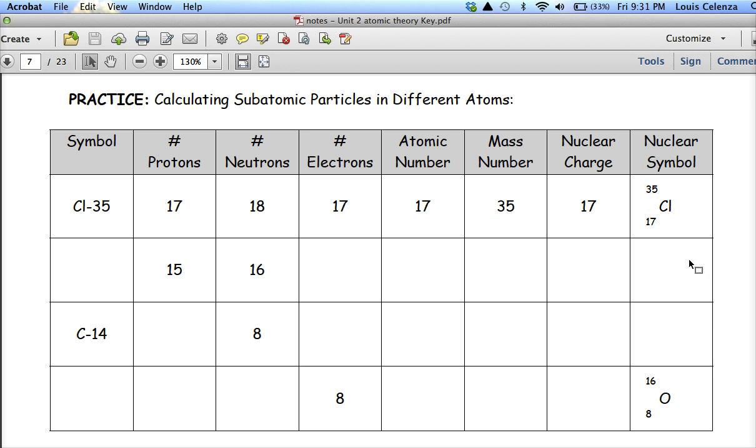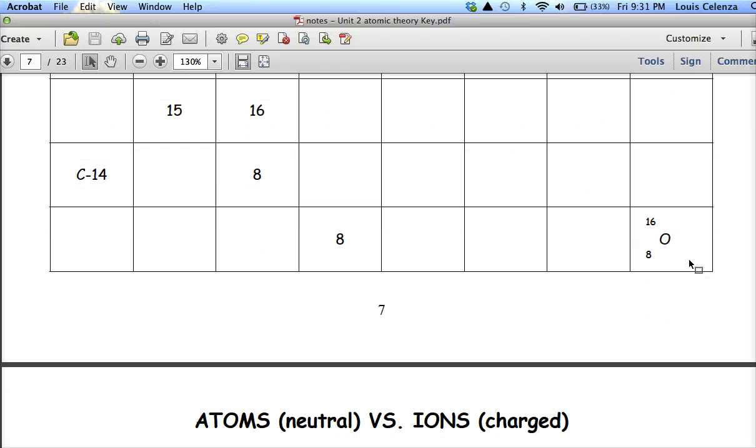Okay? Now, I'm not going to go through this whole thing here because, as you can see, having a little trouble with the computer, but we will definitely go over it in class. Okay, so that's the end of